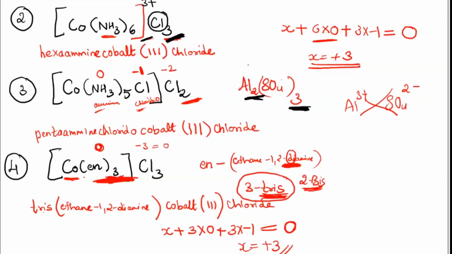And then come to the metal. We are done with the name of the ligand, so we are coming to the metal. The metal is cobalt. Oxidation state, you can calculate, just now I told you. You will get plus 3. You can see here, 3 chlorides are there, and the neutral ligand doesn't carry any charge, it's 0. So the chloride will be -3 is equal to 0. You will get plus 3. And then come to the naming of the counter ion, that is Cl, chloride.